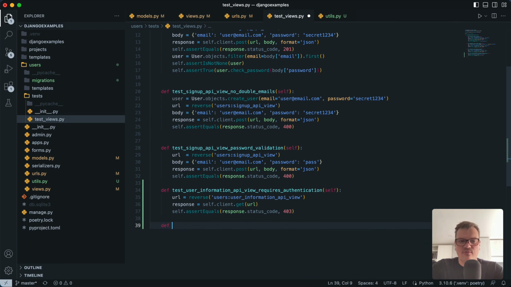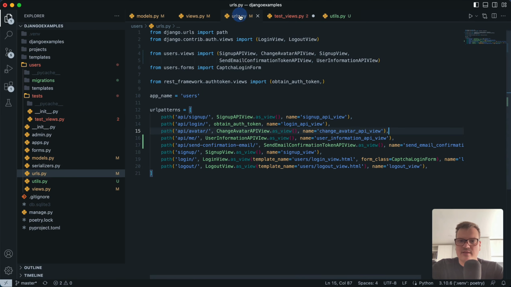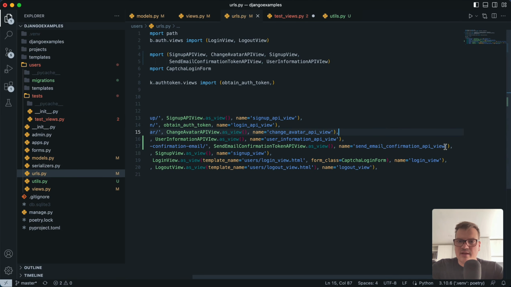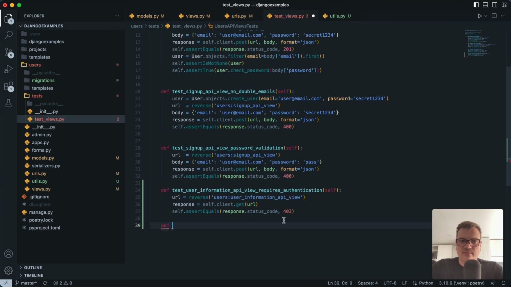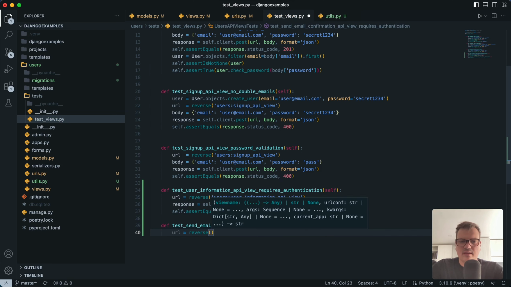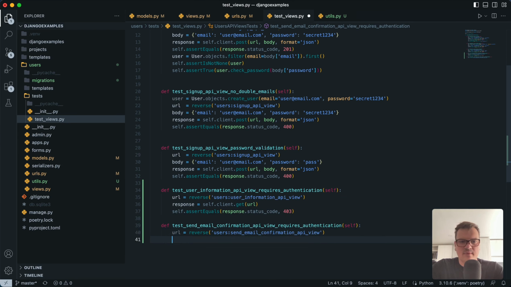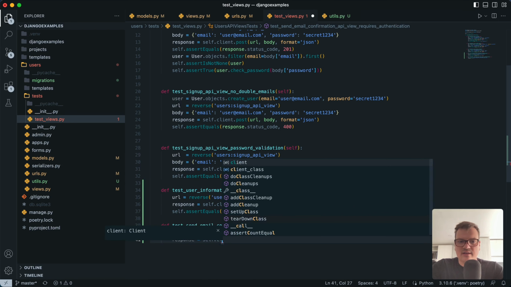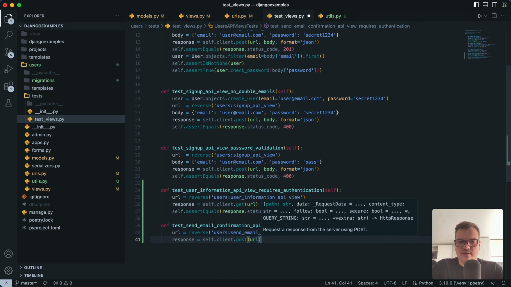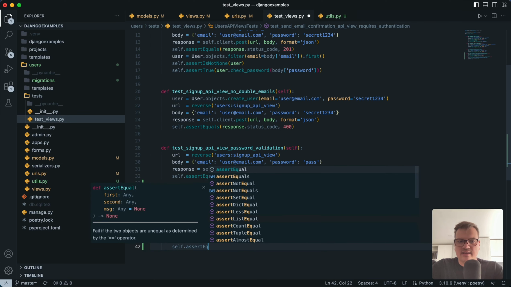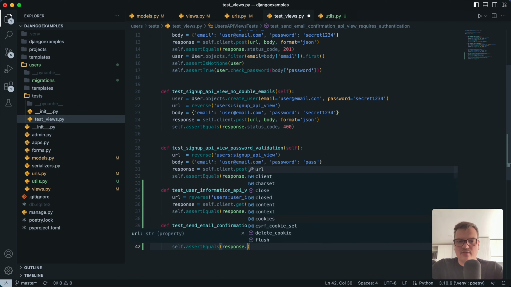So the same idea would be with the send email confirmation API view. Let me just copy this name in order to avoid typos. So here we have test send email confirmation API view requires authentication, and here we have URL. So we have here reverse, and we have here users, and the response self.client.post, and we have here URL. And we need to also check that actually we need to have here authentication token,